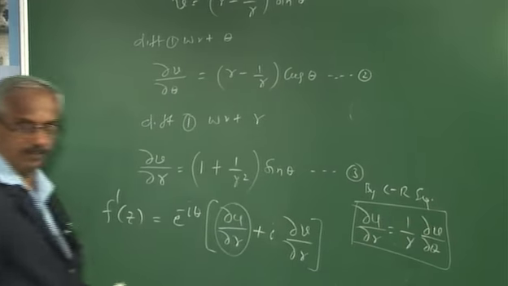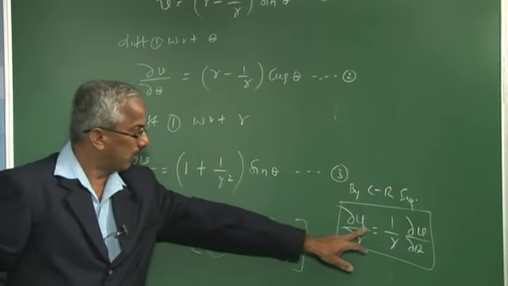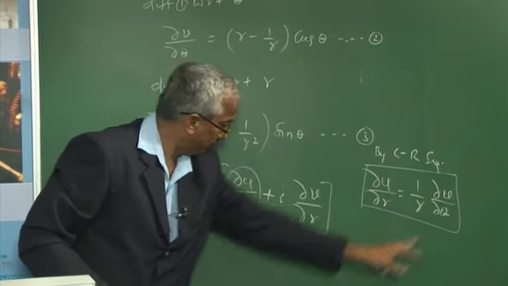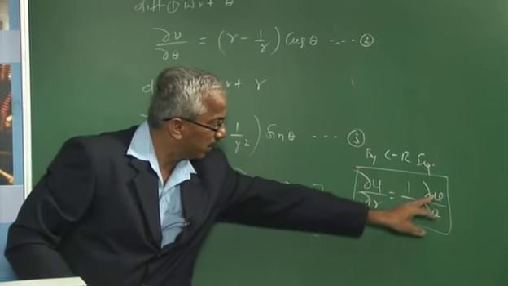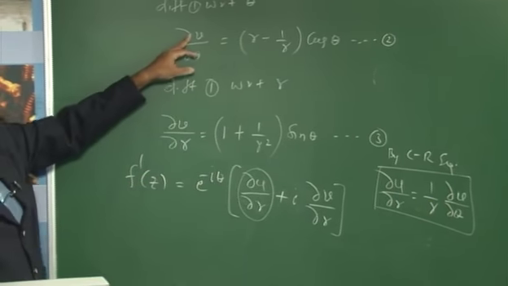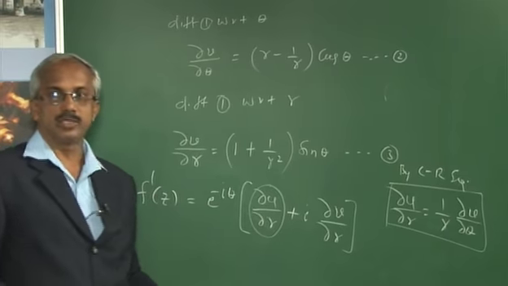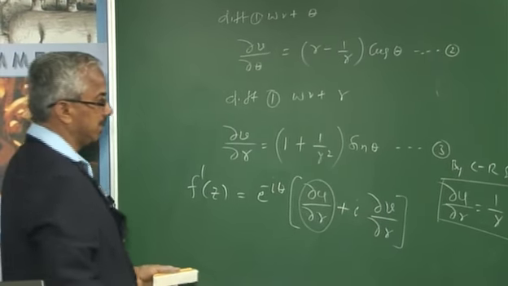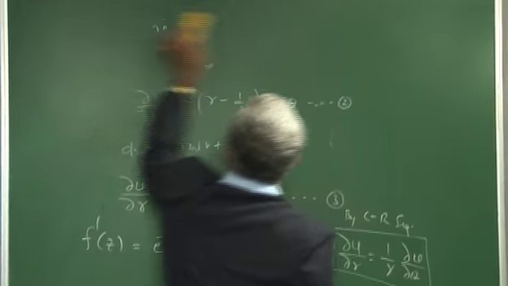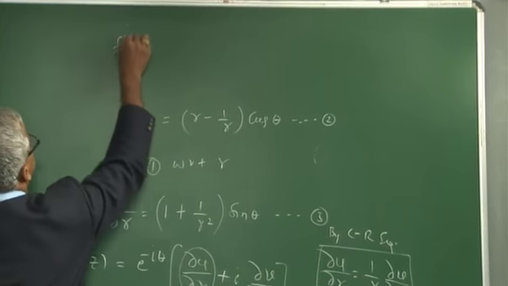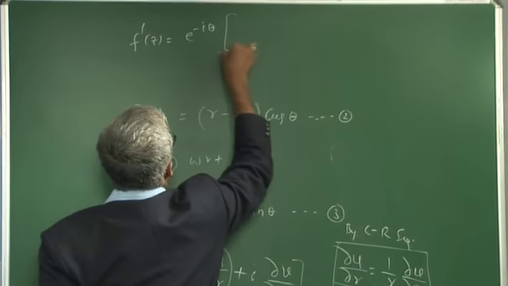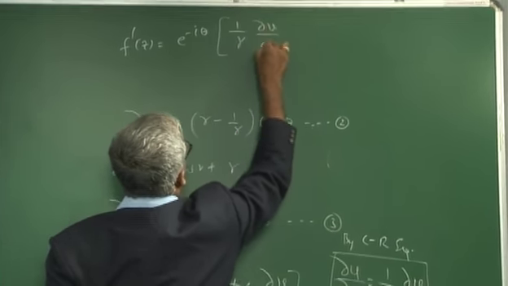Using the CR equation, I got ∂u/∂r equal to 1/r times ∂u/∂theta. I replace ∂u/∂r by 1/r times ∂u/∂theta, and ∂u/∂theta is present here. Then use the Milne-Thomson method, and we can get the result. So using this, I can get f'(z) is equal to e^(-iθ) times 1/r times ∂v/∂theta